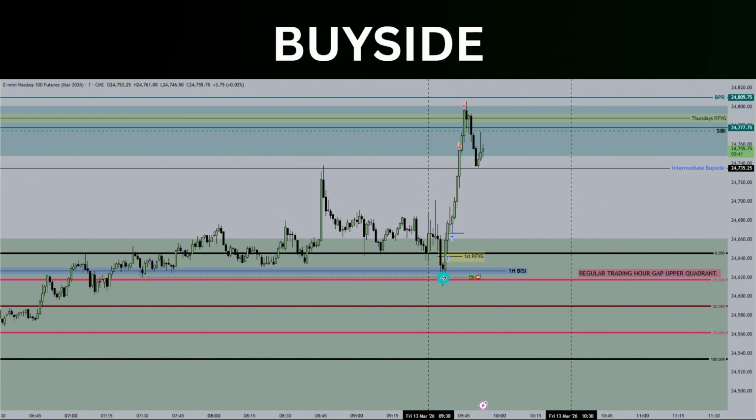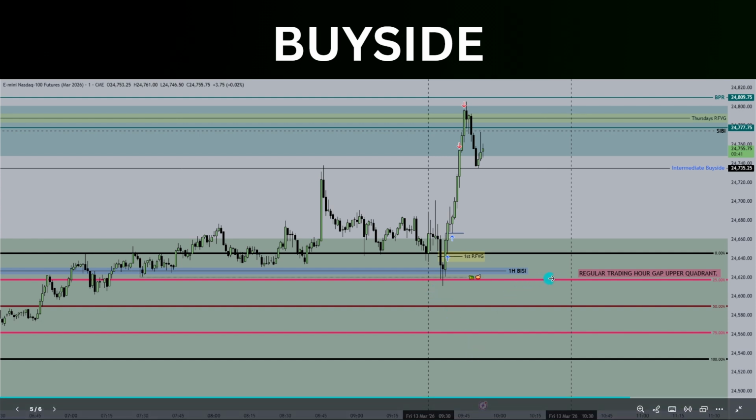All we need to see here is a change in the state of delivery now, and with this candle right here closing above not only these two down closed candles, creating this order block or this whole section of 3 here as we traded above this opening price, but we also traded above this first presented fair value gap, which shouldn't be traded above if we were to continue going lower, especially after sweeping these stops with an SMT and meeting several converging higher time frame discount arrays, being the regular trading hour gap, 1 hour BISI, and new week